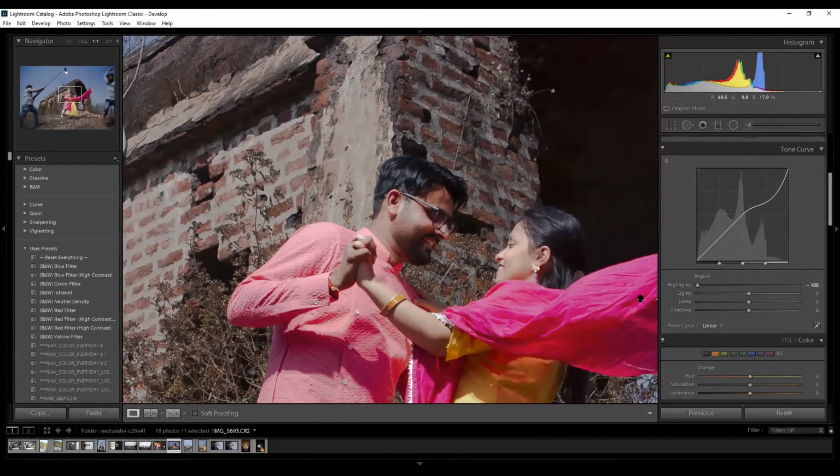Can you see? The image over here is gray. Watch out for this area.